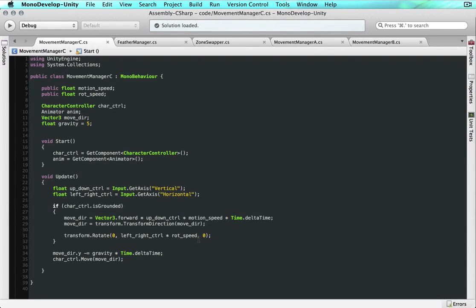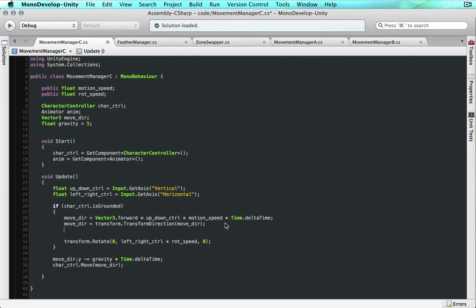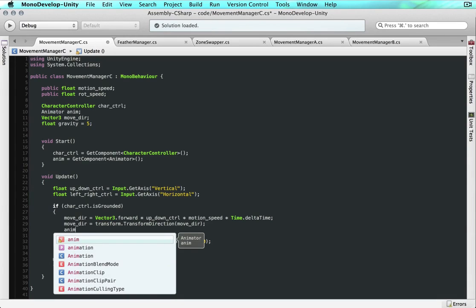Okay, now within our statement up here, within the conditional, I'm going to add another line of code, and I'm simply going to assign this value up here, the up-down control, the vertical, that's going to go from -1 to 1. And for me, it doesn't matter which direction the character turns. All I care about is that the character is turning. That means I'm going to use an absolute function, and this is relatively simple. So we're going to address the animator dot set float,